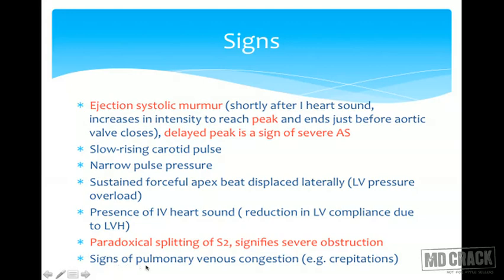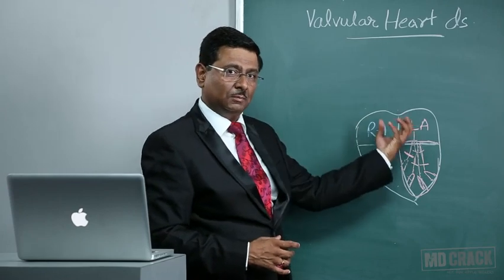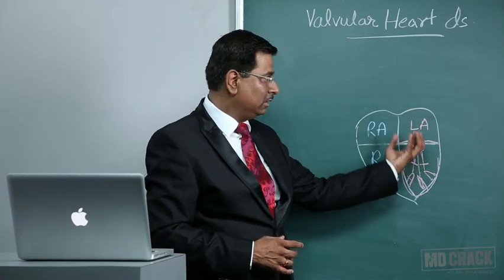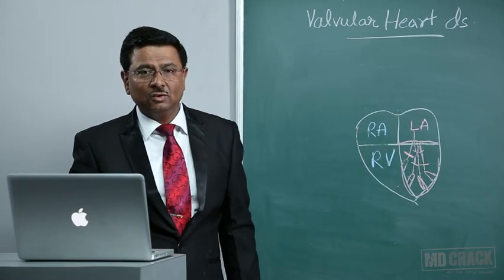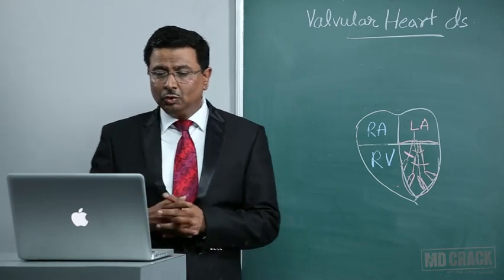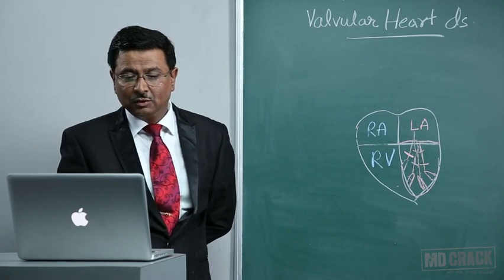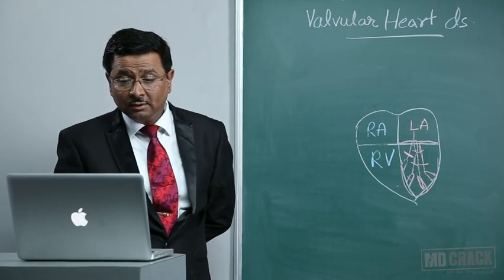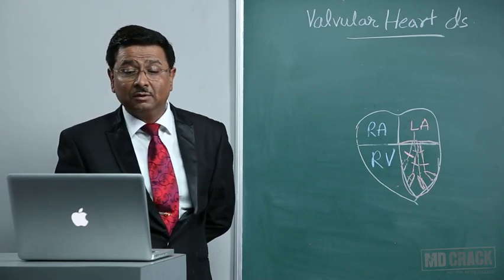There could be signs of pulmonary venous congestion, for example crepitations, again because of the backward pressure which has been transmitted from the left ventricle to the left atrium and backwards, which can give rise to signs of pulmonary venous congestion. In ECG, you will get features of left ventricular hypertrophy. ECG features of hypertrophy are often gross, and you get downsloping of the ST segment and T wave inversion, which is